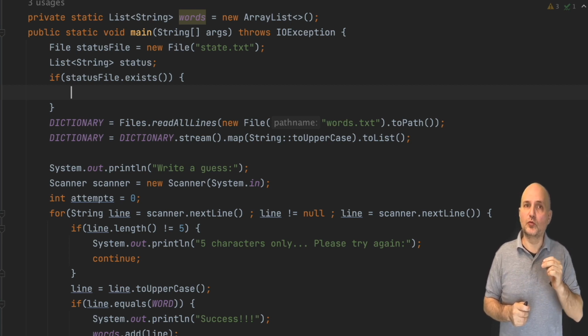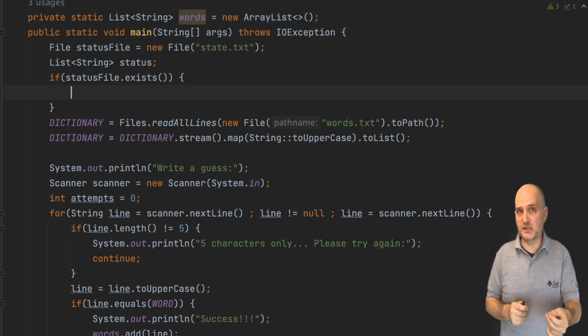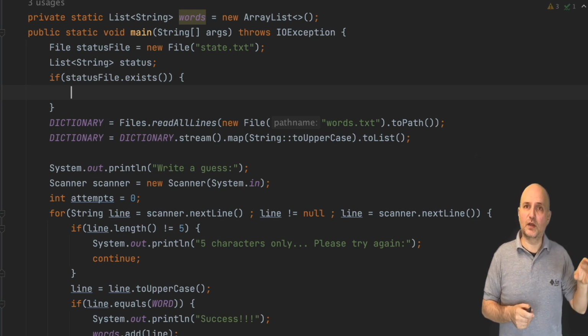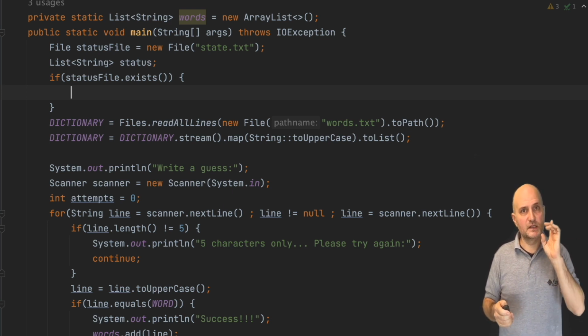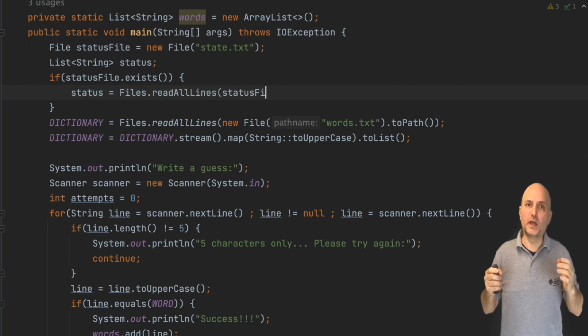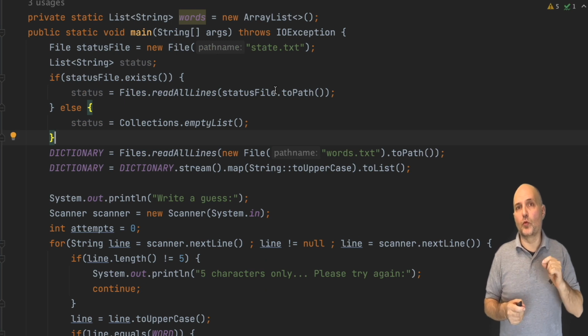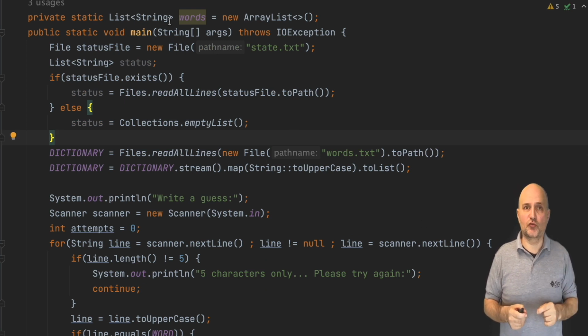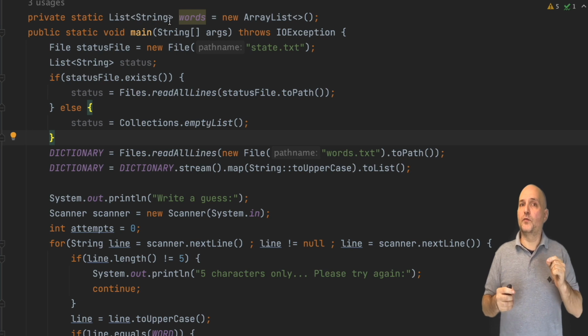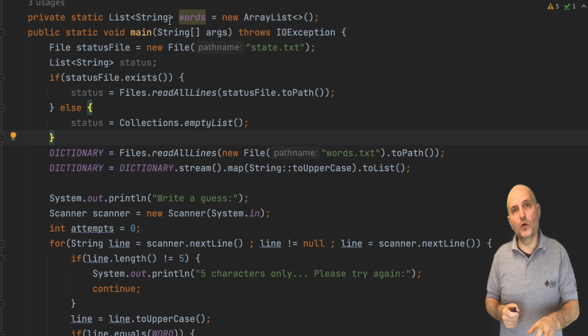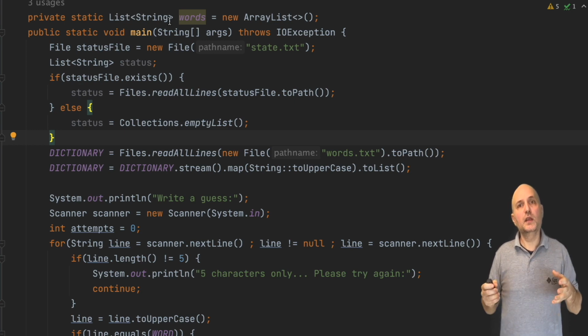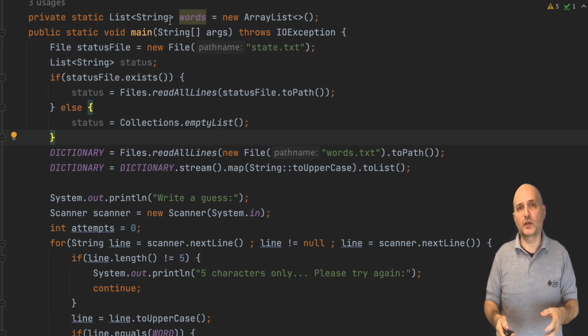So we need to first check if the file exists to avoid an error. Notice we declare the list of loaded status strings outside of the if statement. This is important. If we have a file, then we can read it with code similar to the one we used to load the dictionary. That's simple enough. If we don't have anything, we can create an empty list. This will help the following code work even if we don't have a file yet.